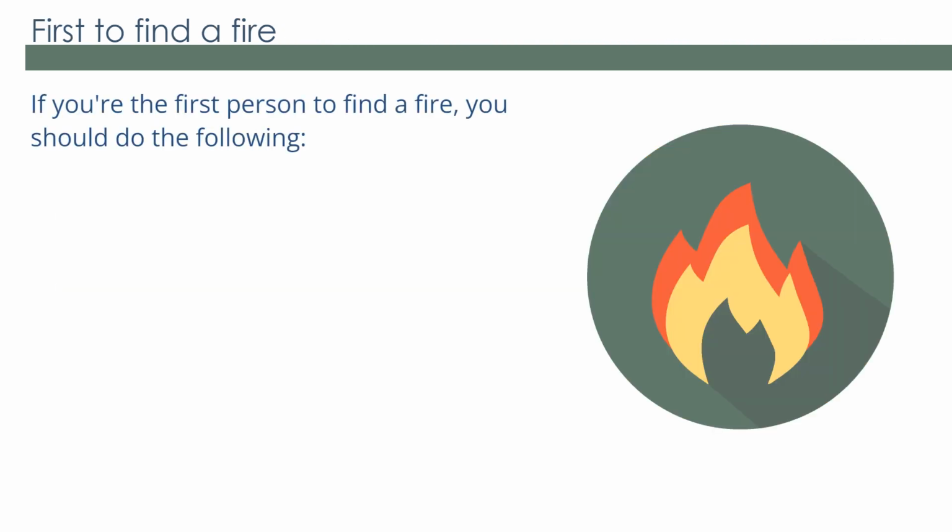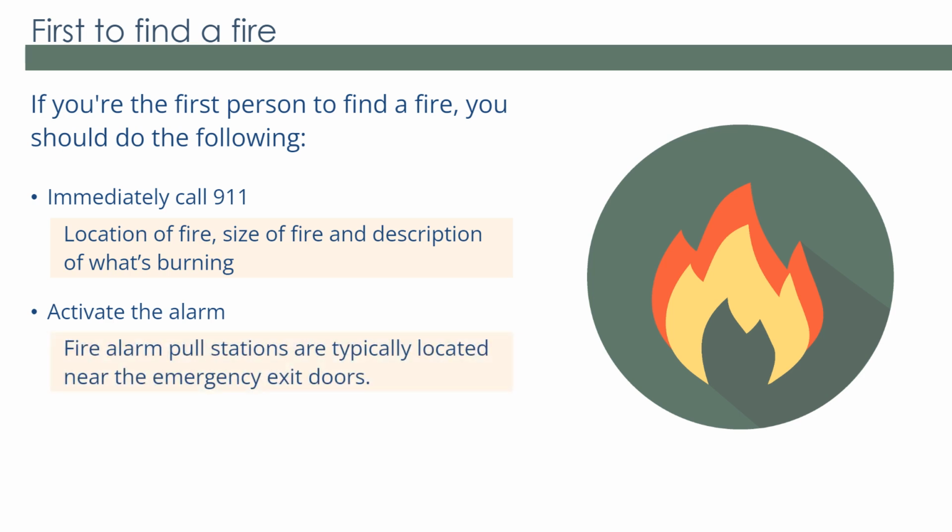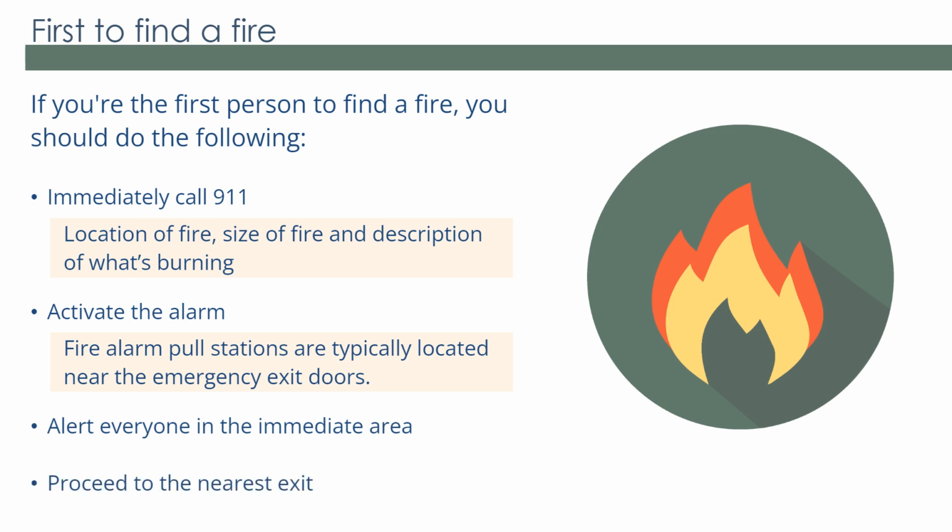If you're the first person to find a fire, you should do the following. Immediately call 911 and provide the following information: location of fire, size of fire, and description of what's burning. Activate the alarm using the nearest fire alarm pull station. Fire alarm pull stations are typically located near the emergency exit doors. You also need to alert everyone in the immediate area, and then proceed to the nearest exit and evacuate the